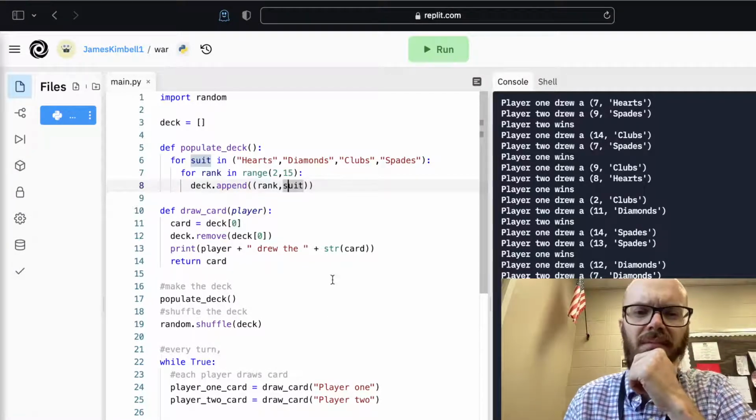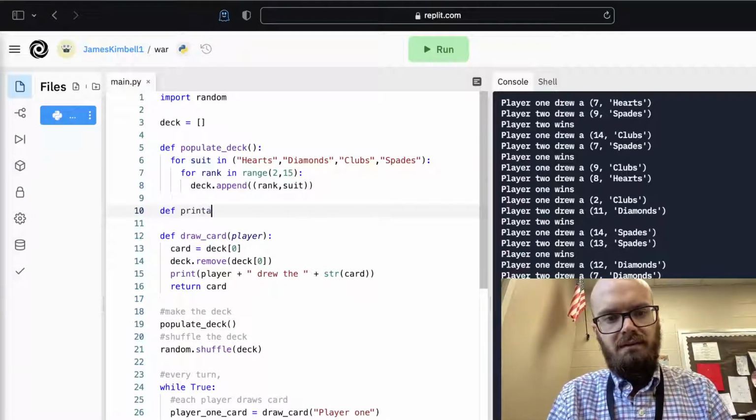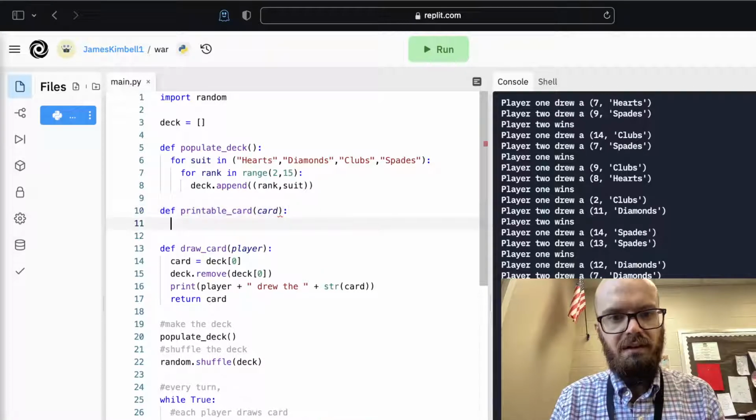So I'm going to make a separate function that just says like printable card. I don't know, we might change that later. And we're going to send it a card, and it's going to spit out a cooler version. Okay? So it's going to say like